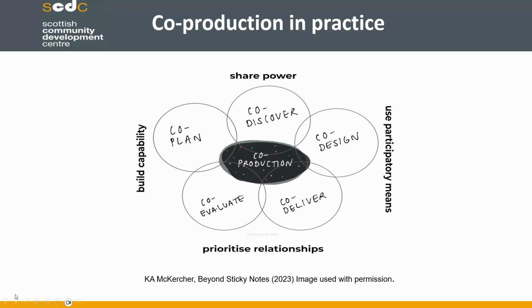It's also that part in co-production and practice. I think we use so many of these other co-words. So this is a lovely little illustration from Kay McKercher from the Beyond Sticky Notes book. And I think it helps us think about which bits are we actually doing here? Because in that co-production center circle there are so many other little bits that we can pull into that relationship as well. And it's okay to only do a part of this if that's all that you have the resource to do well.